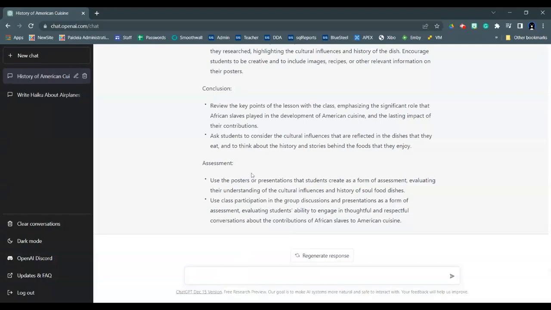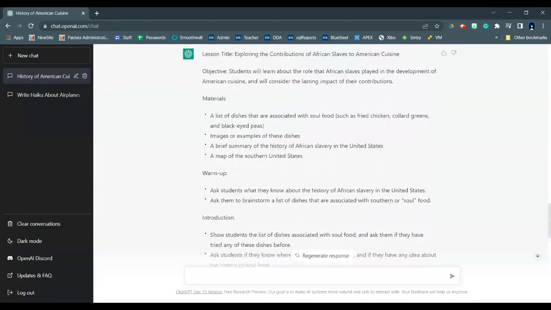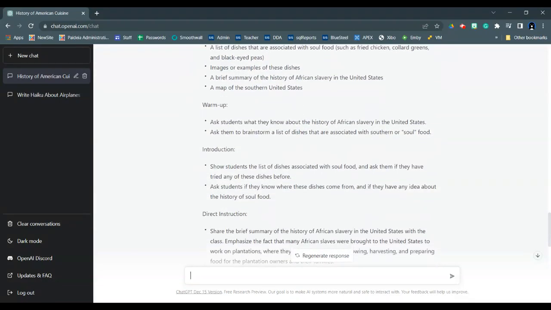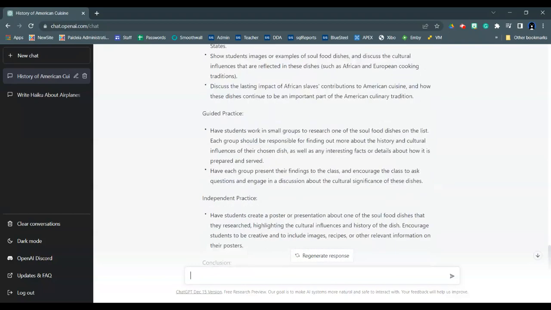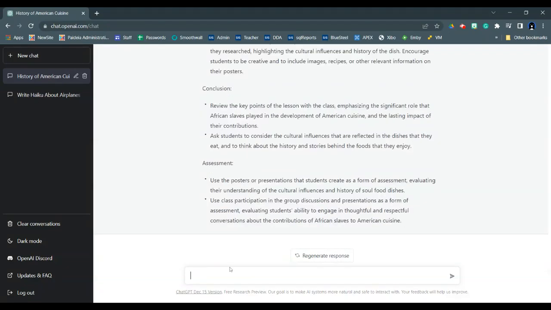And so this is a pretty lengthy lesson plan, and we need to flesh it out. It needs more detail to be able to actually execute in the classroom, but it gives you a great outline and ideas for how you might go about teaching a lesson. Then I could say something like,